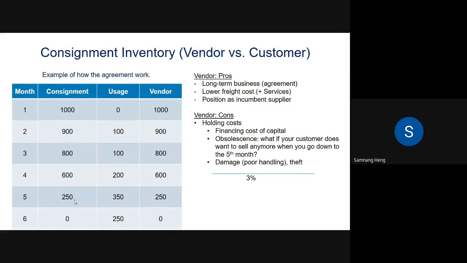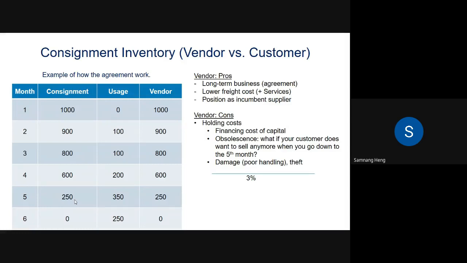But if it's damage due to the customer's mishandling or poor handling, then it's their responsibility, and you could charge money for it. But usually, when we're trying to introduce our new product to the customer, especially a customer who is doing good business with another brand, like our competitor, we don't want to put a lot of pressure on them. So you want to please them as much as possible.